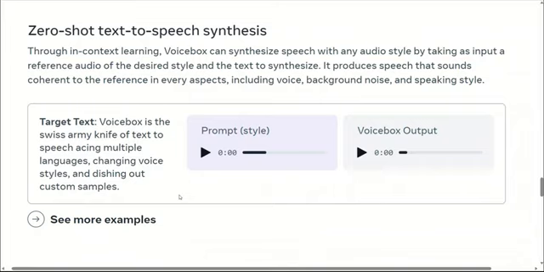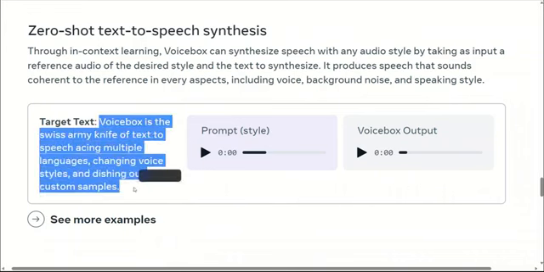Now, this model needs only 2 seconds to reproduce that speech. So here's the target text, and here's the result of the model